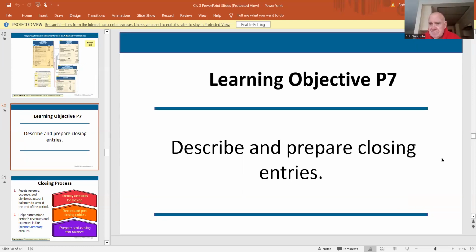Closing entries, huh? You thought you were done with journal entries for this class, huh? Now we're going to go into closing entries. What happens here now, at the end of the month, we're all done. We published our financial statements. We don't have to work overtime like we did for a couple days maybe to get all this work done. We're finished. The last thing we need to do is prepare what are called closing journal entries.